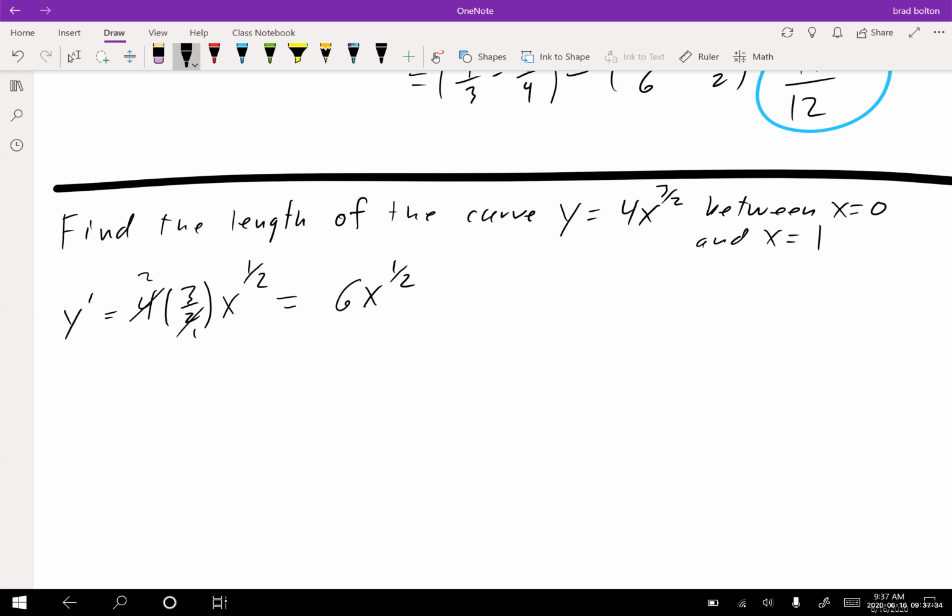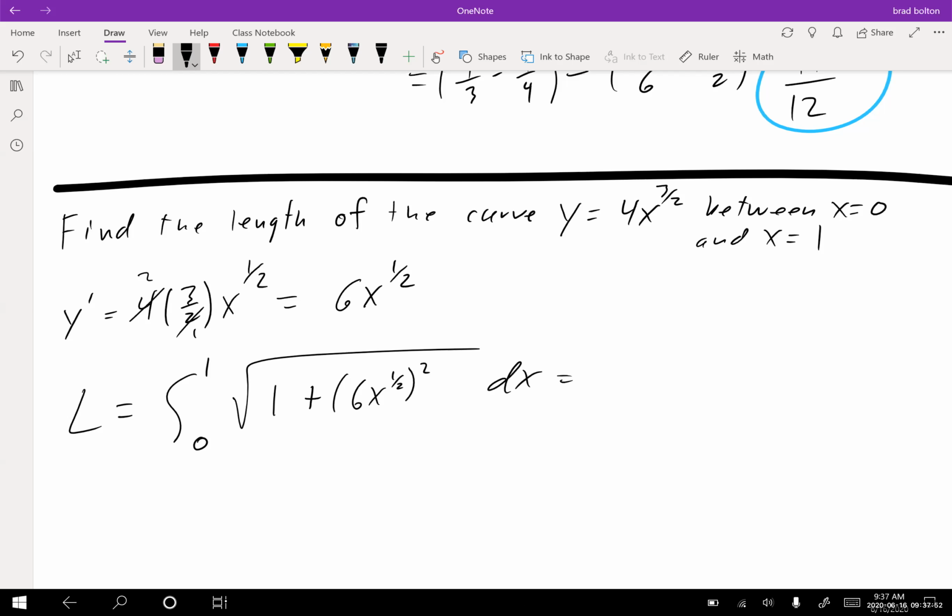So now what we're going to do is we're going to say L equals the integral from 0 to 1 of the square root of 1 plus 6x to the 1/2 quantity squared dx. Well, this seems like a little bit nicer problem to me. This will become the integral from 0 to 1 of the square root of 1 plus 36 x dx, okay? So then this is,